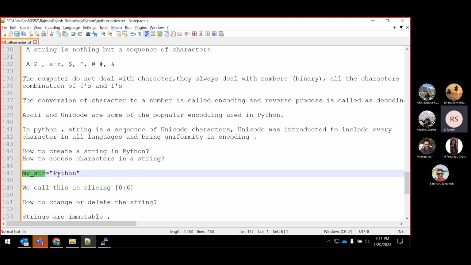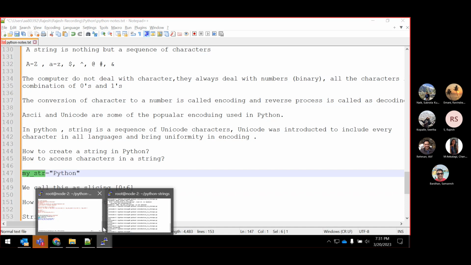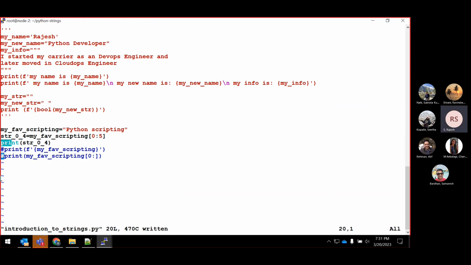You cannot change. Like for example, you say that, okay, Rajesh, I have a Python. Can I change this P to some other character like Z and check whether it will allow me to change it? No, it will not allow you to change. See here, for example, go here. Now you are already having my favorite is equal to Python scripting. Okay,